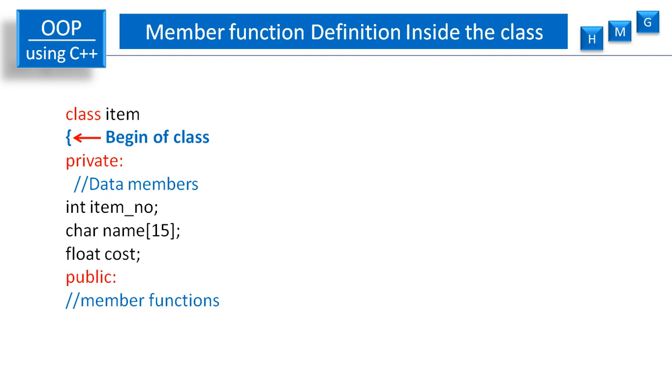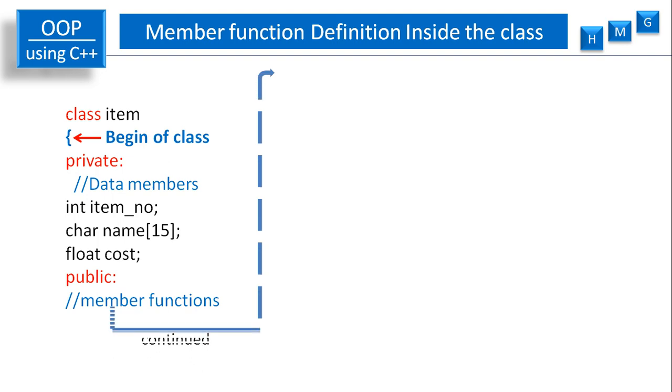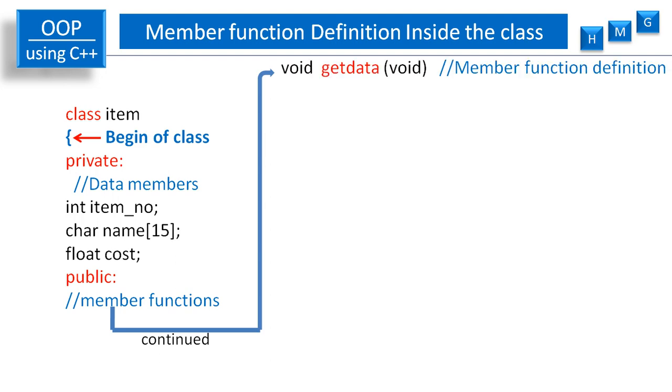Now as these member functions I am going to define within the class, so here there will be no member function declaration. Directly you have to write the function definition of get data and put data. So I will continue the member function definitions here on the next section. First, get data. So here, as per the general form we studied in the last slide, you have to write the return type, that is void, name of the function, get data, no argument, that is void. So this is the member function definition inside the class.